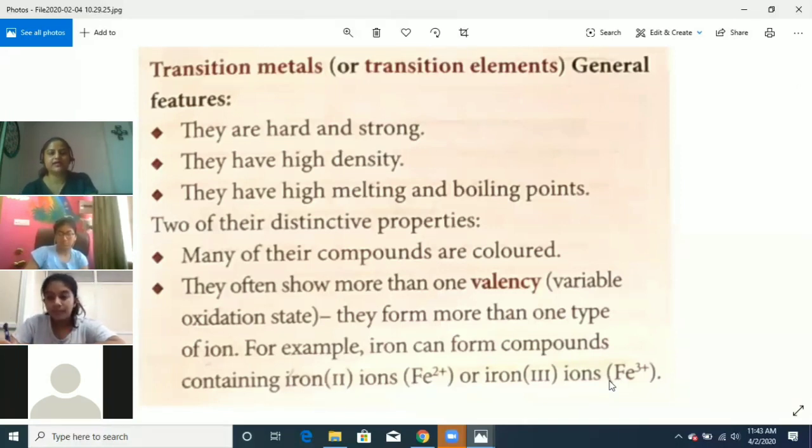And these are the chemical properties of transition elements, that they have colored compounds, they have variable oxidation number, and due to this characteristic, due to this variable oxidation number, they are used as catalysts. This question is mostly asked in your question paper, that write some specific property, chemical property. So they are used as catalysts, and we know what a catalyst is.